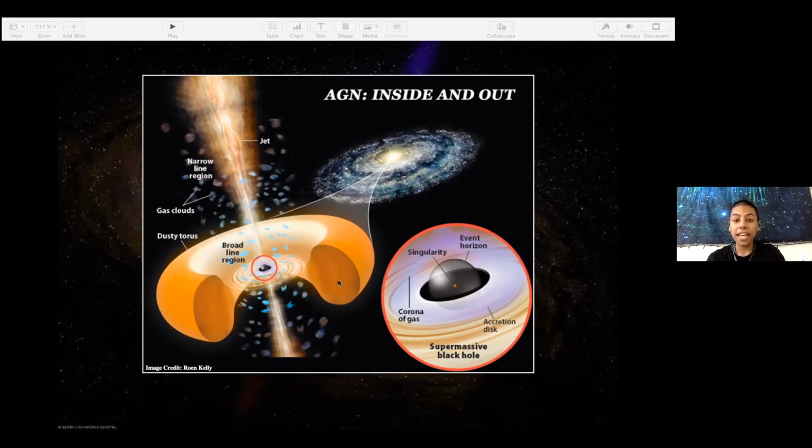And a characteristic property of AGN is that they emit X-ray radiation from this corona of gas very close to the central supermassive black hole. And the aim of my work was to study the Thomson scattered X-ray radiation. We don't really have much information specifically about this scattered radiation, how it relates with other physical properties of supermassive black holes. For example, their mass, their luminosity, the amount of dust in the line of sight, which is called column density.